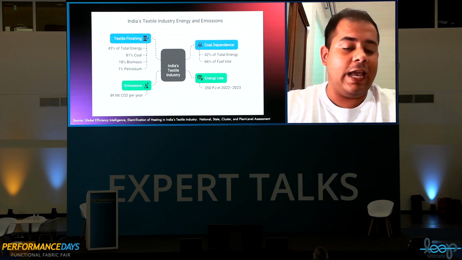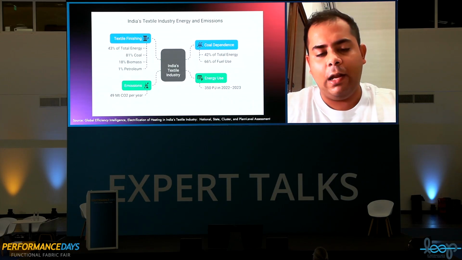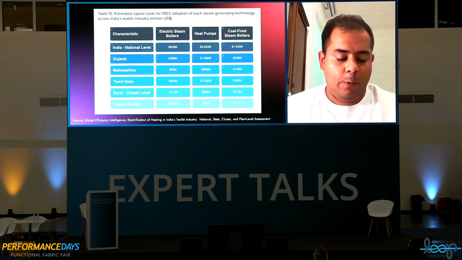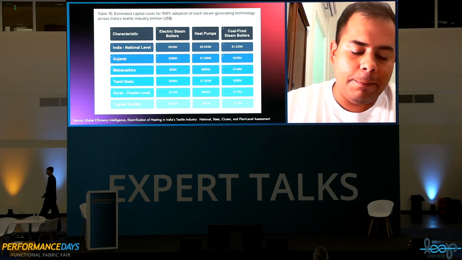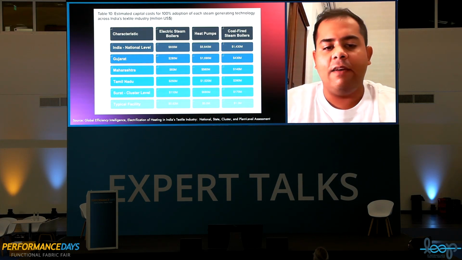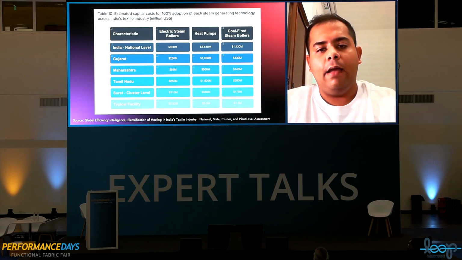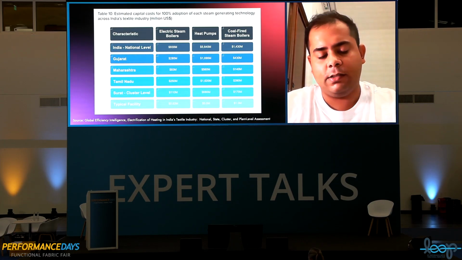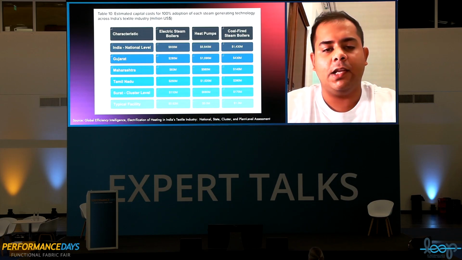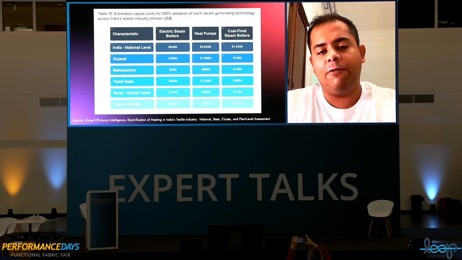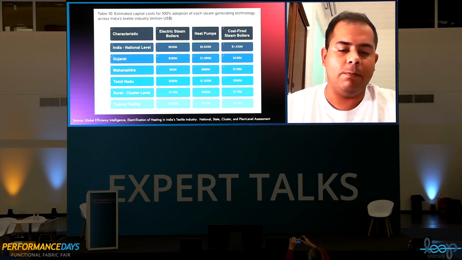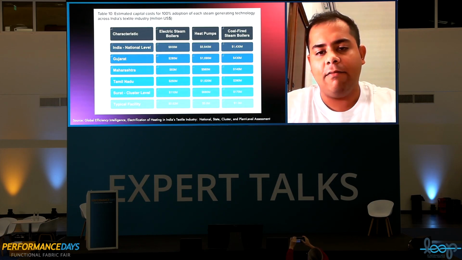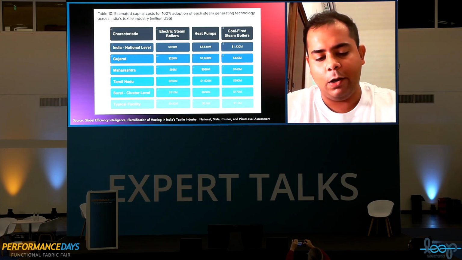And all of this can be reduced at a much significantly lower cost. And that is what I'm going to go into. Within the study, they looked at a typical facility, regional levels, cluster levels for the entire country. If we were to transition all the steam generating aspects, which is one of the biggest energy consumers within the textile industry, and we move away from fossil fuel based to either electric ones or heat pumps or something else, it's going to cost us for the entire country, India national level, $5.64 billion.